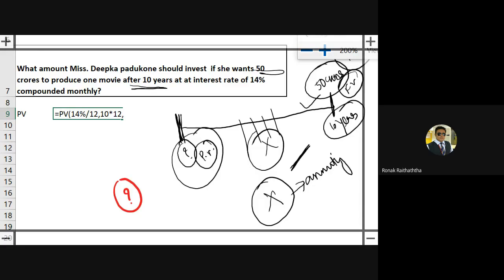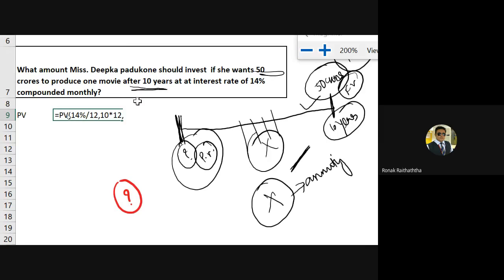So bachas and bachis, PMT is something for which we do not have any detail. We would put 0 at the place of PMT. Now there is FV. Future value is there. Either you require the FV or you require the PMT so that you get the PV. Here in this case, future value is there with you